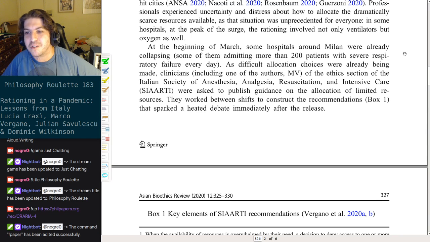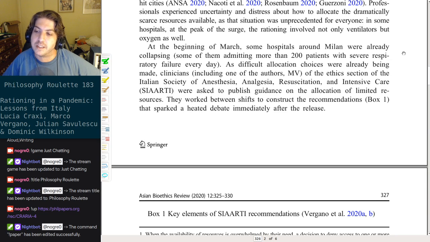At the beginning of March, some hospitals around Milan were already collapsing. Some of them admitted more than 200 patients with severe respiratory failure every day. As difficult allocation choices were already being made, clinicians, including one of the authors, MV, of the ethics section of the Italian Society of Anesthesia,